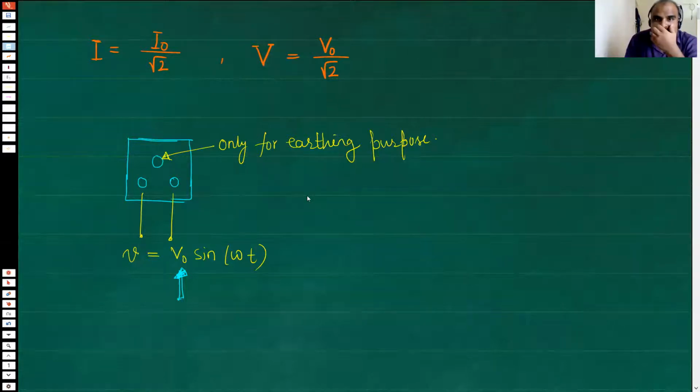Similarly, for current also. Suppose there is a wire through which 5 ampere of AC current flows. Now, what does that mean actually? Because when it comes to AC current, it's a time dependent quantity. It's a variable quantity. So how can you say 5 ampere of AC current flows? 5 ampere is a constant number. Ideally, you should say something sine omega t current flows. So what do you mean by this 5 ampere? Well, this 5 ampere is a type of average.